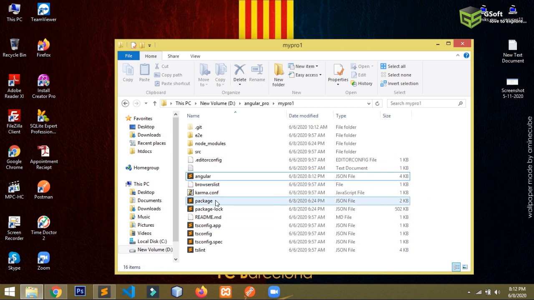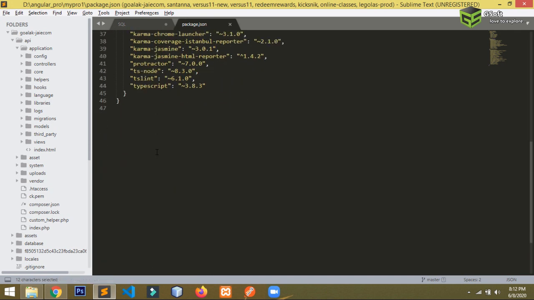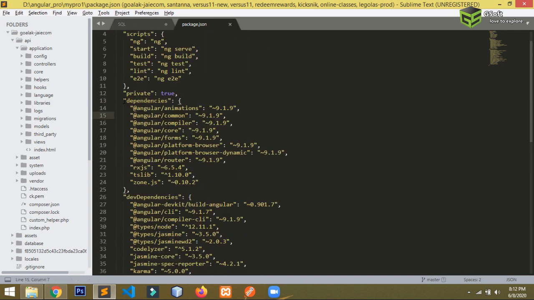Then we have got the package.json file. Let's open this file. You will be able to see the packages, whatever packages are installed on your project. Basically these are the dependencies which are already installed on your project. Right now I will be showing you how to add or install Bootstrap and jQuery on your project. You will be able to see that after installation those two will be added here. So these are the names of the dependencies, and this is the version of the dependency, or you can say package.